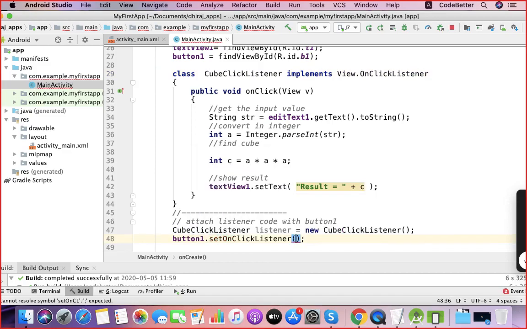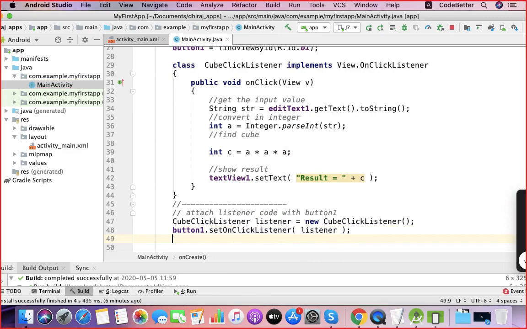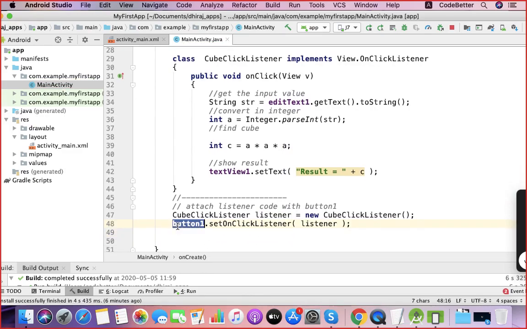And now let us pass this listener object here. So now everything is connected. Button is connected with listener. Listener is the code of CubeListener, and CubeListener has a method onClick. So whenever you click on the button, you touch the button, this code will execute.